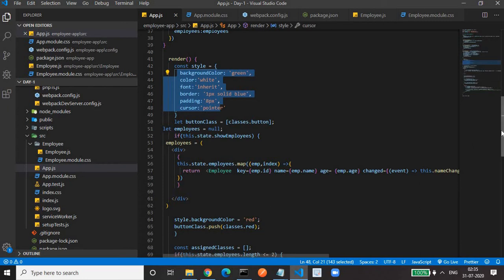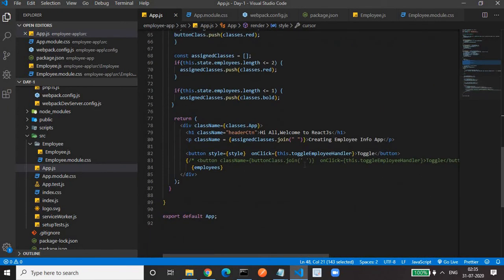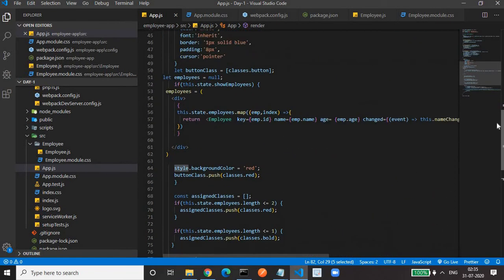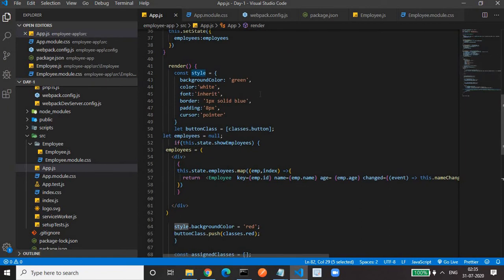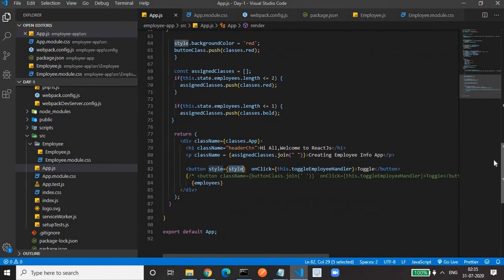Then in the return statement we have a button with the style prop, and we have bound the style object that we created to the style prop. The properties are background color green and color white. Just remember this.